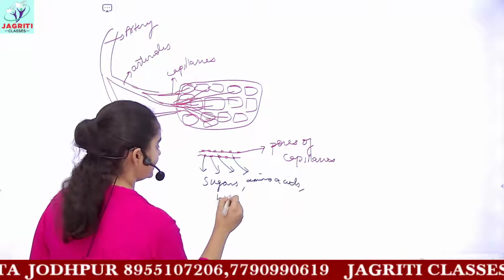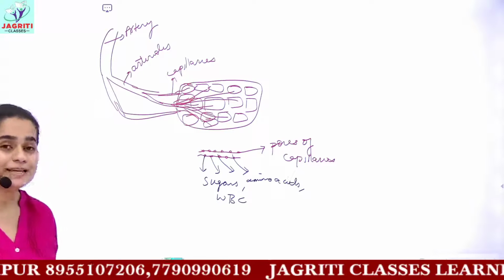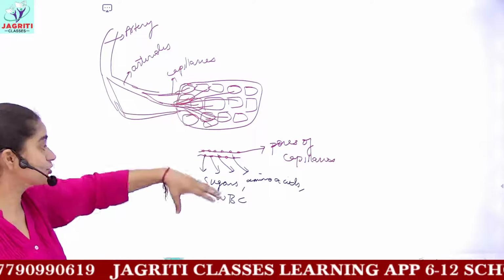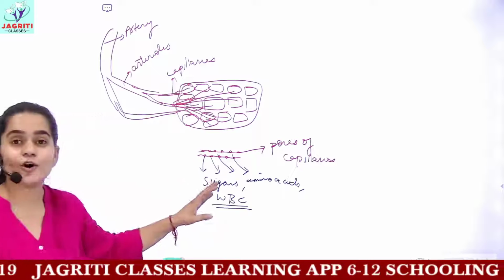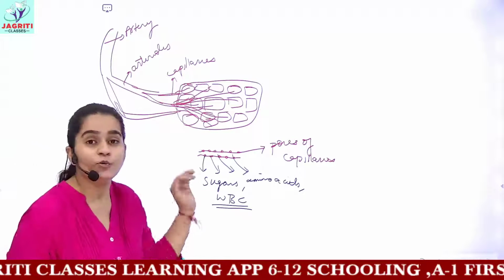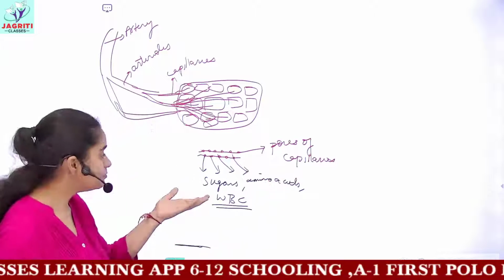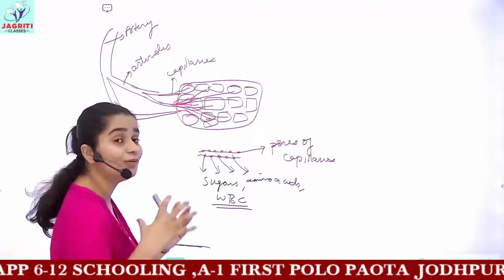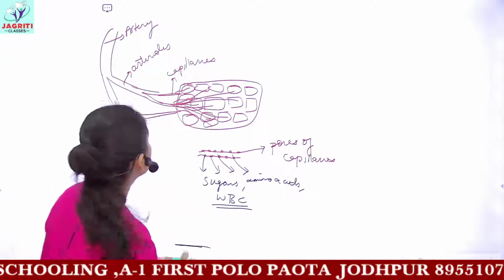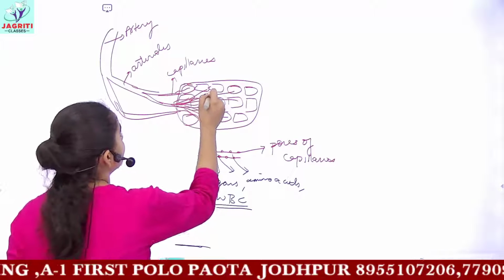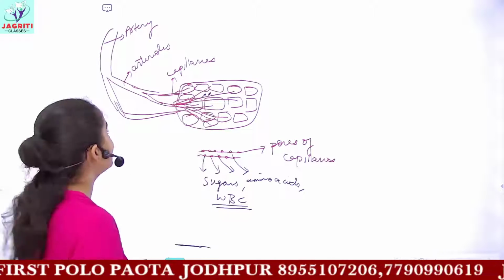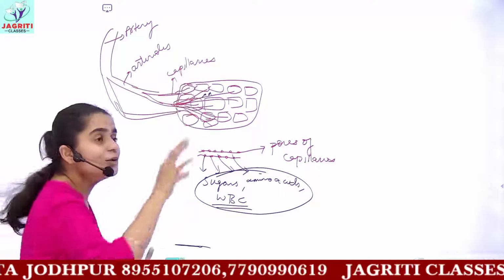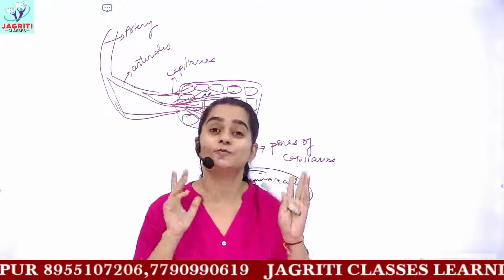Then you have blood cells, which are your WBCs. Because WBCs do not have any definite shape, they can be easily pushed out from these pores of your capillaries. So when the blood flows through the capillaries, some substances like sugars, WBCs and other blood cells come out into the intercellular spaces. The capillaries release these substances from their surface into the intercellular spaces present on the surface of tissues.